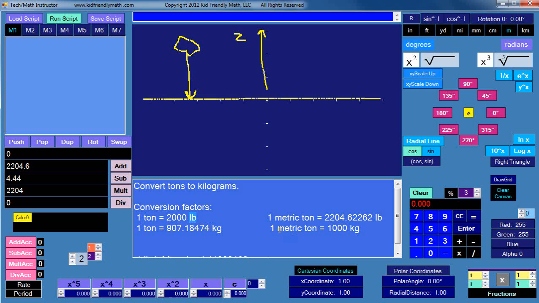However, if you put 1,000 kilograms up here, the same thing, because they're saying a ton is a pound, so we might as well call it 1,000 kilograms, well, essentially that thing's not going anywhere, because that's a mass measurement. Pounds is a weight measurement, but this is a mass measurement. In order for kilograms to have a weight, it has to be multiplied times the acceleration of gravity in metric units, which is